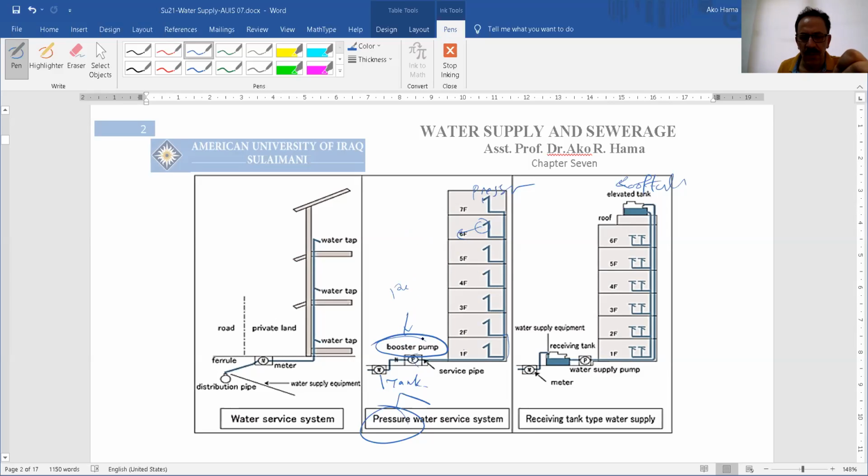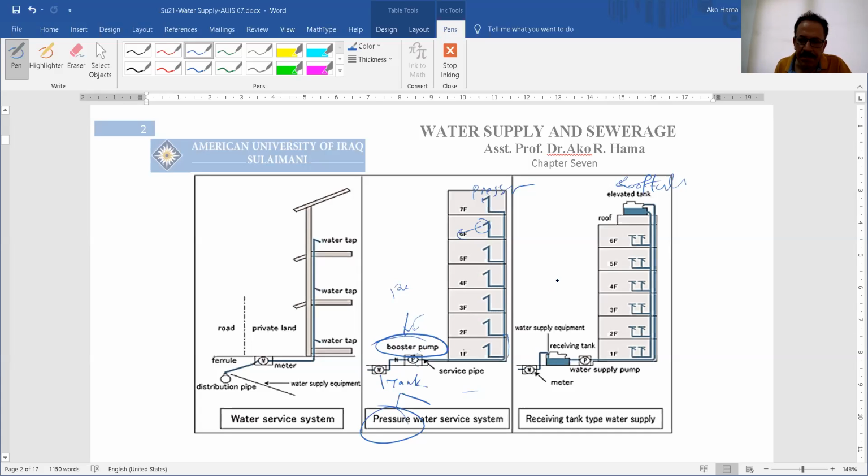Then what we have to do, or what happens automatically, is that there will be a pressure switch pump, an automatic pressure switch, which is sensitive to the pressure, and it will turn this booster pump on. Then it will work to cover the released pressure and increase the pressure inside the system until it reaches the pressure that you need. And then, with the regular or needed pressure, it will turn it off. So there is a switch that automatically switches off and on.